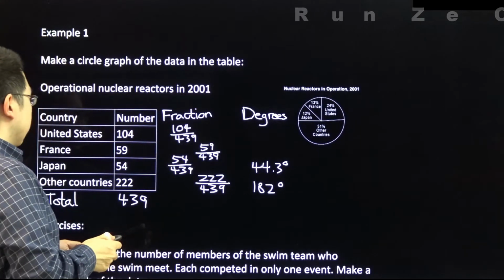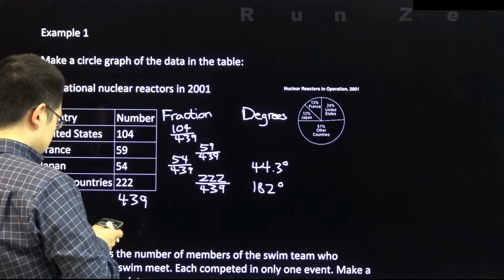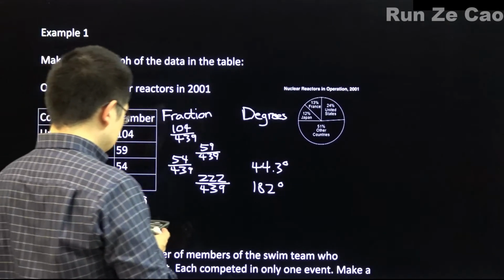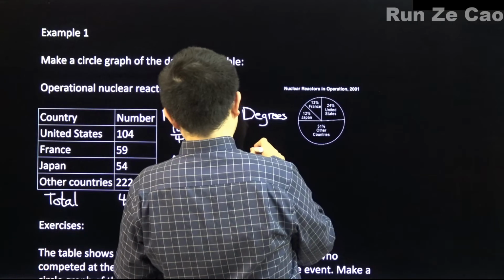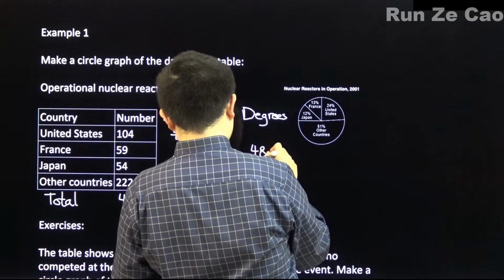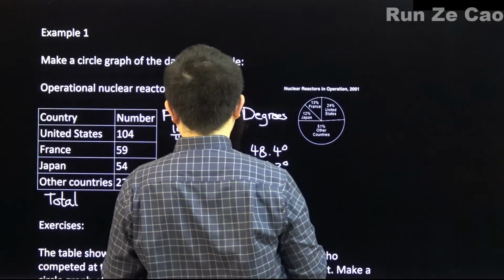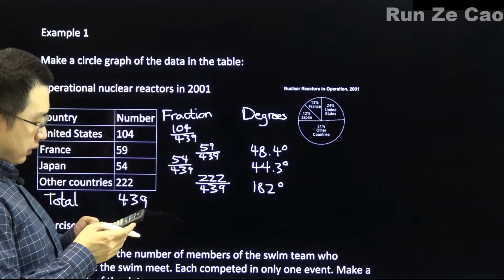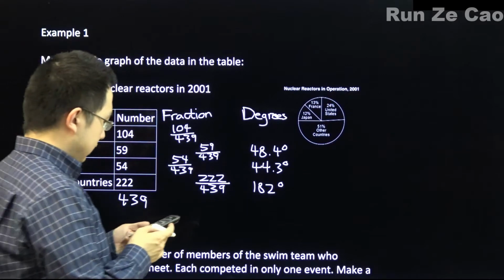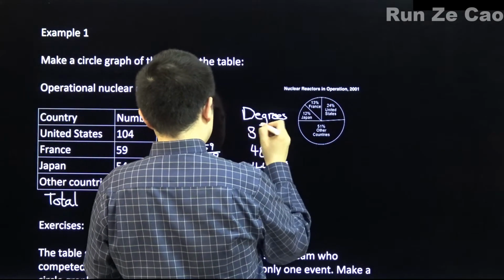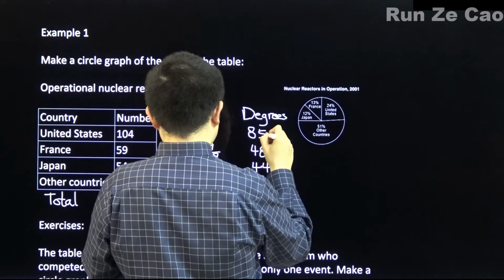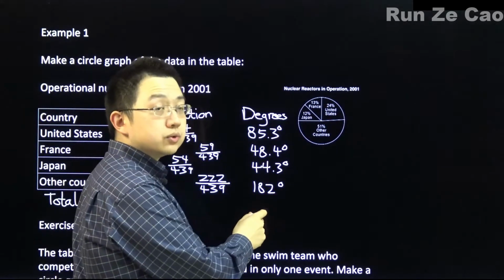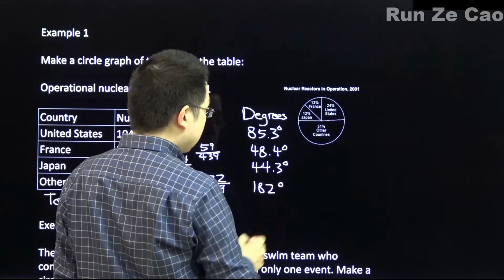We're using 3 significant digits here. So 59 over 439 times 360 equals 48.4 degrees, approximately. 104 divided by 439 times 360 is approximately 85.3 degrees. If we had kept it down to tenth of a degree, we would have had a 0.1 here,